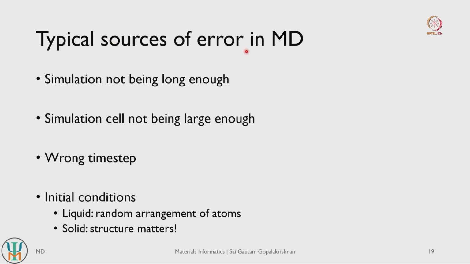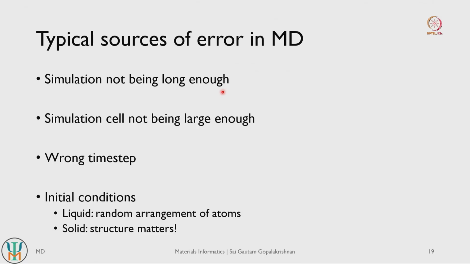Okay. And in terms of molecular dynamics, apart from time step, there are also other typical sources of error. Some of them are addressable, and it's usually a good idea to spot these errors and address them so that you don't waste a lot of computational resources doing wrong molecular dynamics simulations. One is that for whatever phenomenon you are trying to capture, maybe the simulation is not long enough. So if you want to capture diffusion, it's almost always preferable to go up to nanoseconds of your time scale.